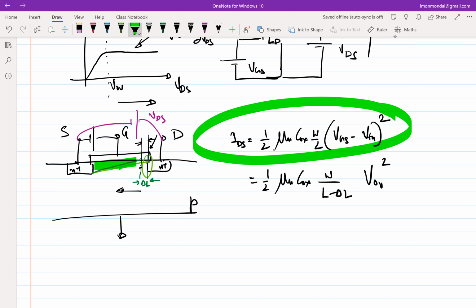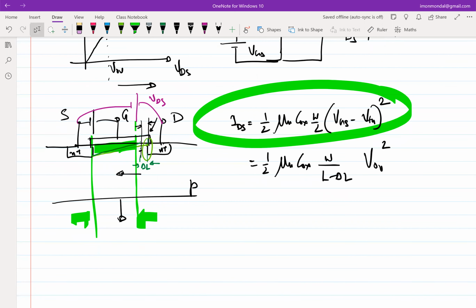Then what we can do is simply say that the new channel is now L minus delta L, and my new MOSFET is this much. And we'll use whatever modifications this equation gives us. Mind you, this is not an exact equation still. It's a better approximation than ignoring delta L, but it's not a foolproof equation. So now we'll try to modify this term in a more palatable way. That is, we'll just say that this is equal to